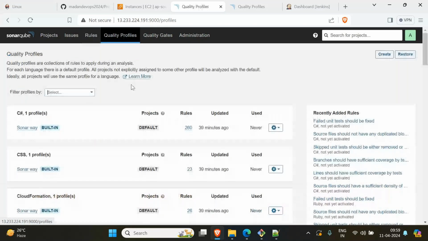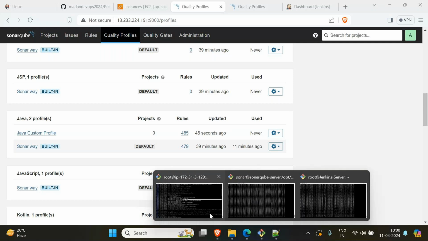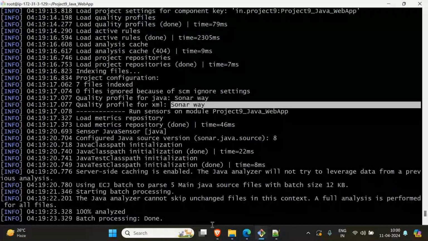Now if you come down to Java, I have added 6 conditions extra. Now the number became 485. SonarWay is having only 479. I have used 485 now because I have added new things. Now whenever I build my Maven application here, when I'm building it,